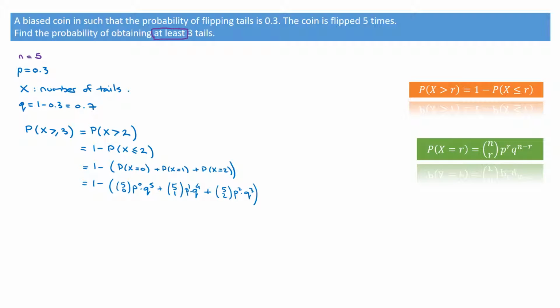Now replacing all of these by their respective values, that leads us to 1 minus 1 times 0.7 to the power of 5, plus 5 times 0.3 times 0.7 to the power of 4, plus 10 times 0.3 squared times 0.7 cubed. And now using a calculator, we find that this is equal to 1 minus